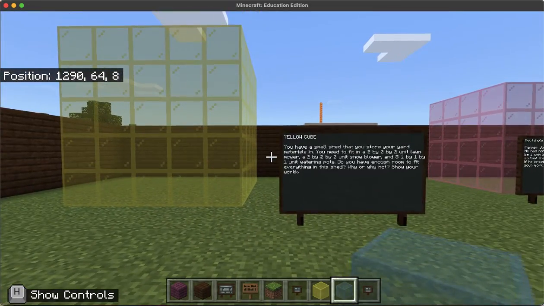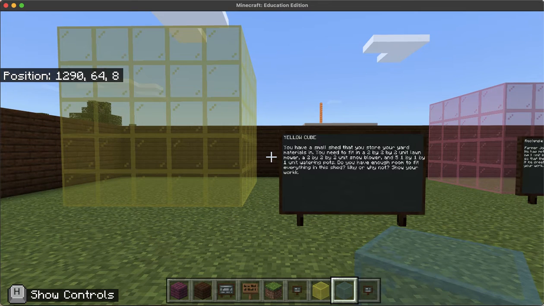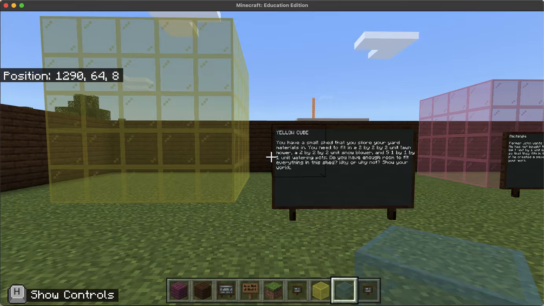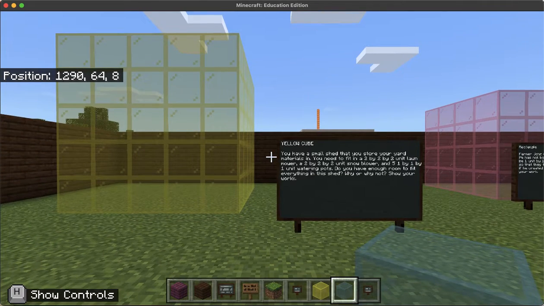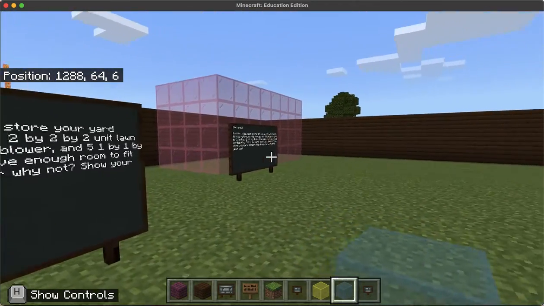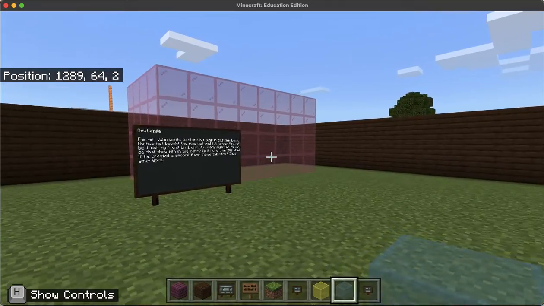And then the next question is a 5 by 5 by 5 volume unit pit. And the goal of this one is for students to be able to figure out how many watering pots can fit into the small shed. So they'll need to find the volume of the whole thing and then find the volume of the watering pots. Next, you'll go over to the rectangle problem,